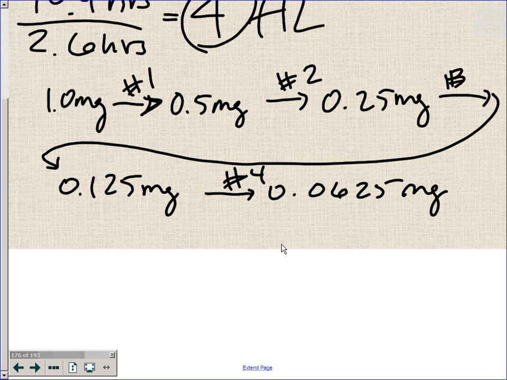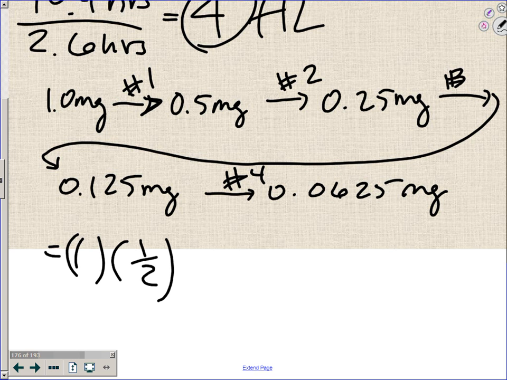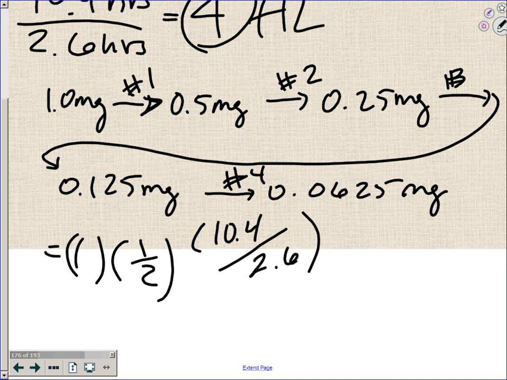Another way to approach it would be how, Ryan? Equation. So what would you plug in that equation? 1 times 1 half. Times 1 half. And then the index. So you put this in parentheses too. 10.4. Beautiful. So like I said, pick your poison and this will work out the same way. It'll be 0.0625